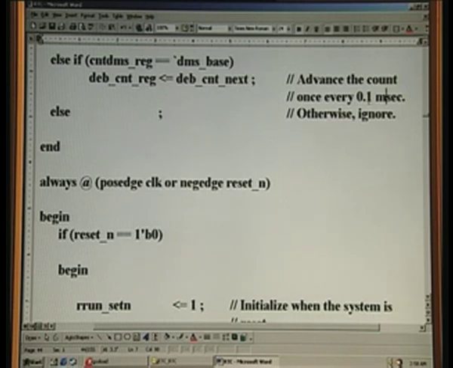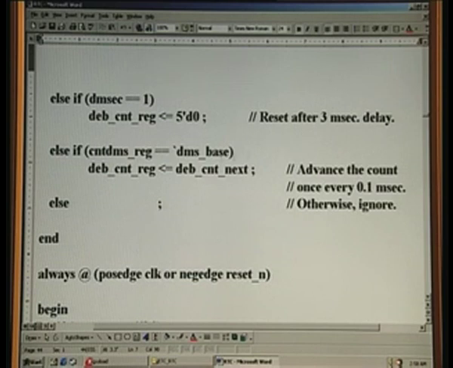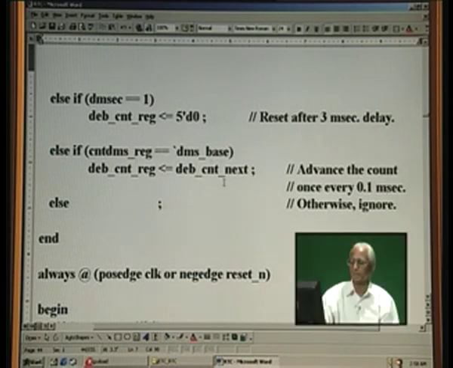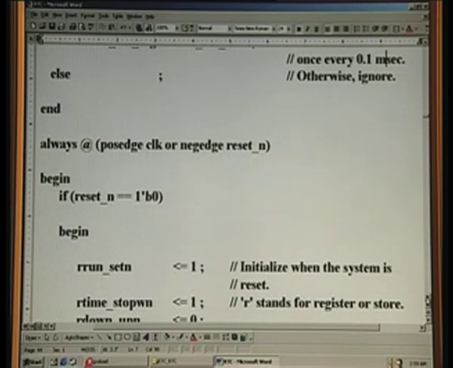So 0.1 into 29 is 30, so 30 into 0.1 is 3 millisecond. In order to get 3 millisecond here, we are going to advance 30 times. The incrementing will take place only here because of this pre-increment test done before, and that incremented value is assigned here, and this assignment takes place only once in 0.1 millisecond. There was a mistake there, please correct that. I have corrected the same here. And next block is for